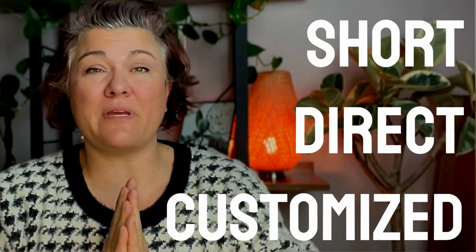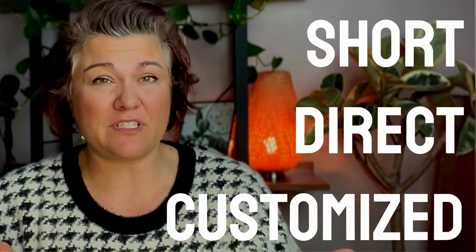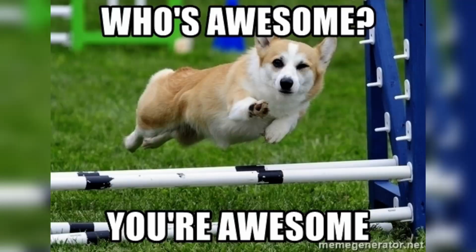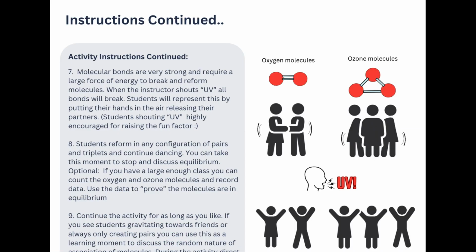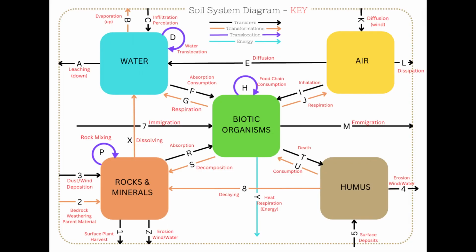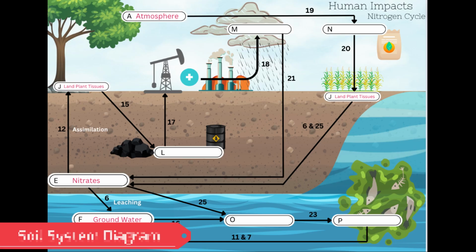Our material is short, it's direct, it can be done in 1 period or less, maybe even 15 minutes. They're all supplementary things that can make your class a little bit more awesome, because we know your class is already really awesome, but we want to make it just a little bit extra awesome. So we have things like teaching ozone formation through dance. We've got pretty much everything turned into a game. We can take the nitrogen cycle and make it super interactive and really student-centered and student-driven, and still in the same amount of time that you would have needed to teach it anyway.